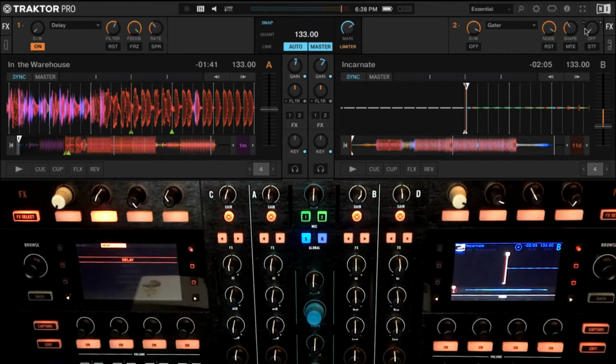So when you're using the delay on a track which you're taking out, the effect is going to be post fader, meaning you put the fader out, it's going to trail out. Sometimes it goes out of control, meaning it piles on itself, and I want to cut it off immediately.